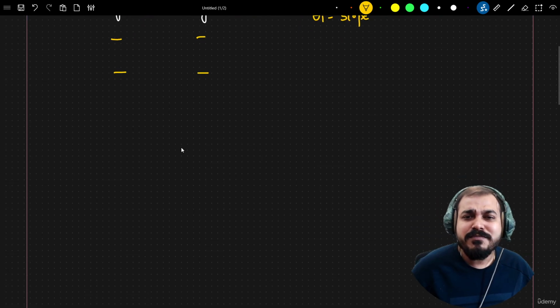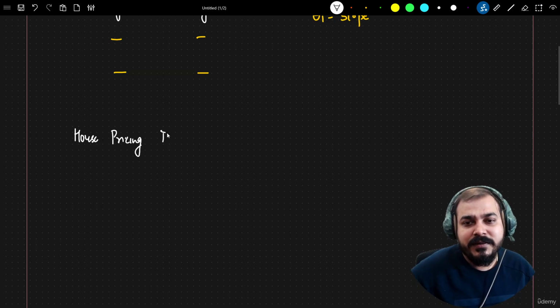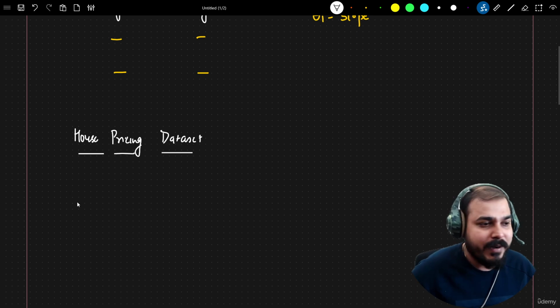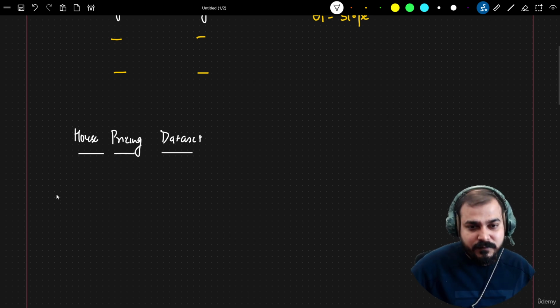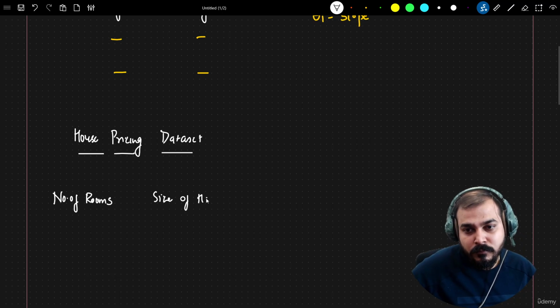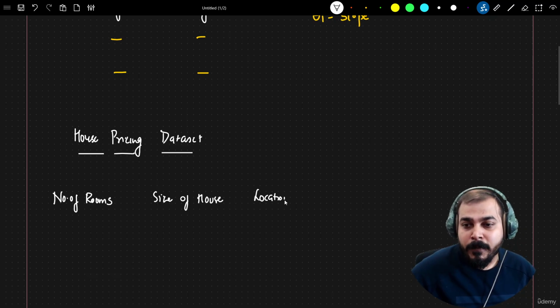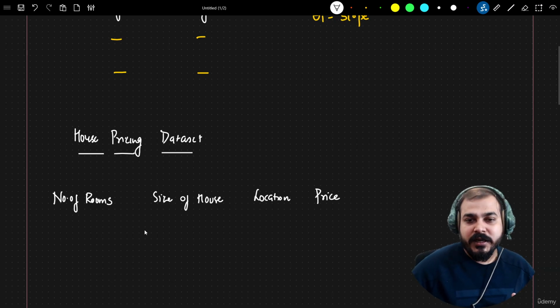So let's consider one simple data set. I call this particular data set the house pricing data set. I'll show you all these kinds of data sets when we do the practical. Let's say I have multiple features like this: number of rooms in the house, size of the house, and let's say what is the location of the house, and finally I have something called the price of the house. So over here in this particular problem statement, you can see that I have four features